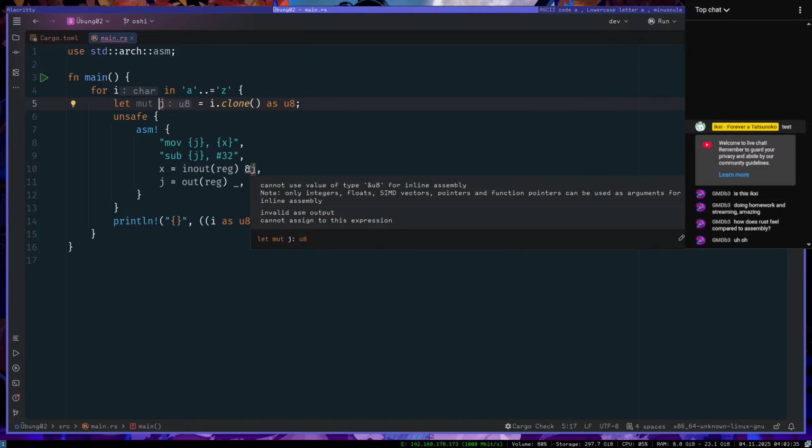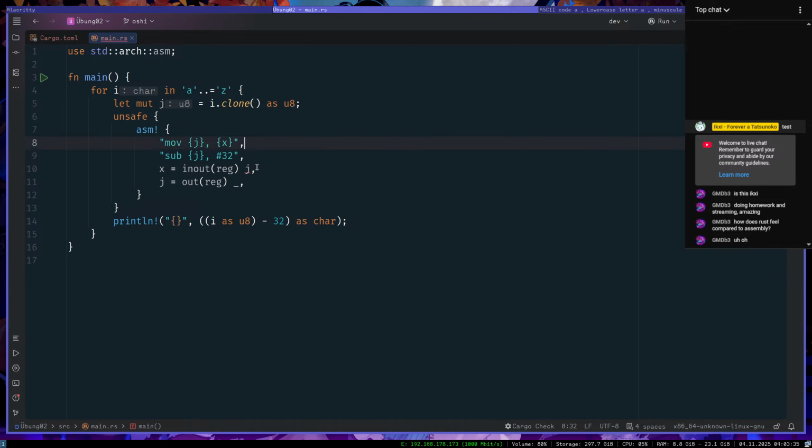Cannot use value of type U8, type U8 cannot be used with this register class. What? Wait, why can I only use signed integers?